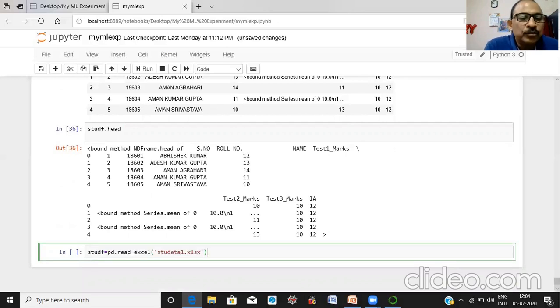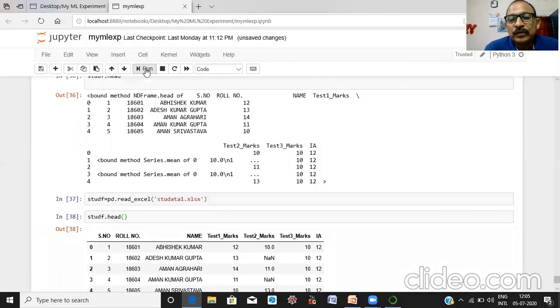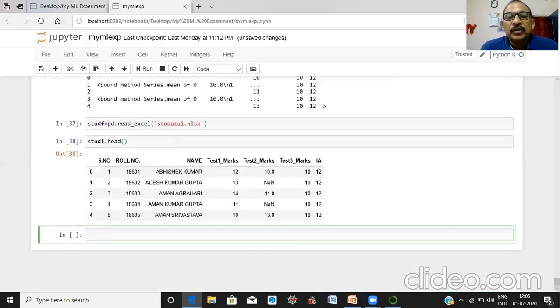Again we import our original data set. Suppose we want to modify the missing values with a last valid observation. The method is df.